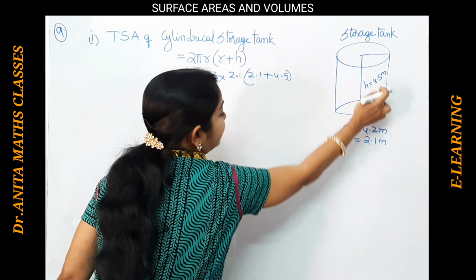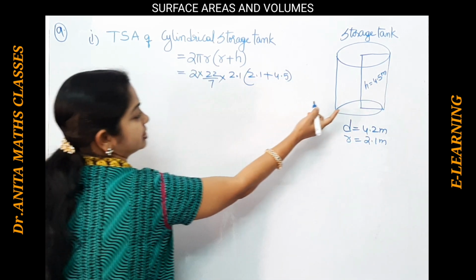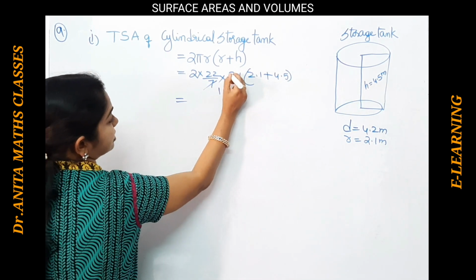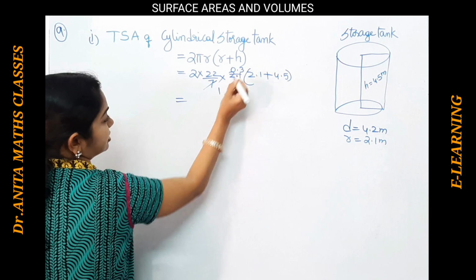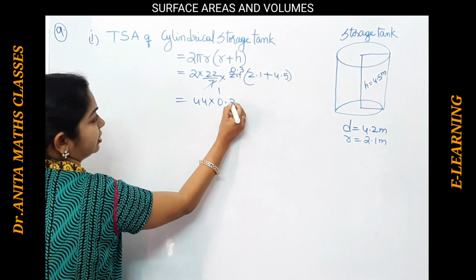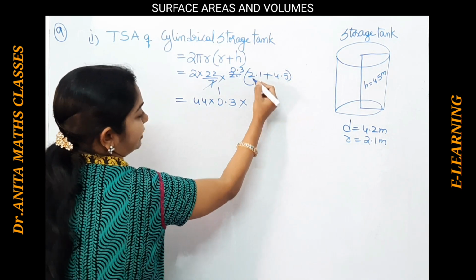So all are in meters. We have to bring it into one measurement. If it is in centimeters, we have to change it into meters. Here it comes to 7.3 times. So this is 44 into 0.3, and this is also multiplication. So 4.5 plus,